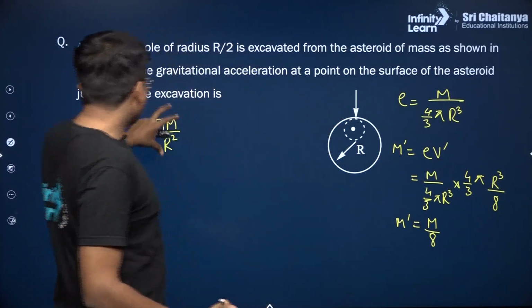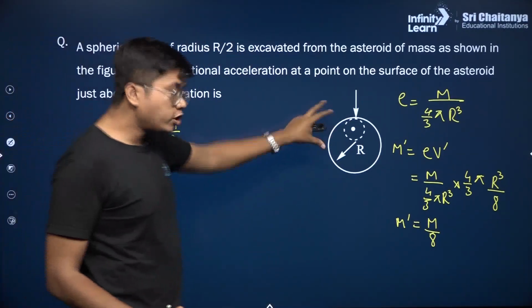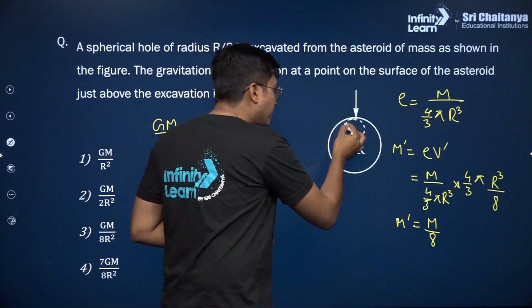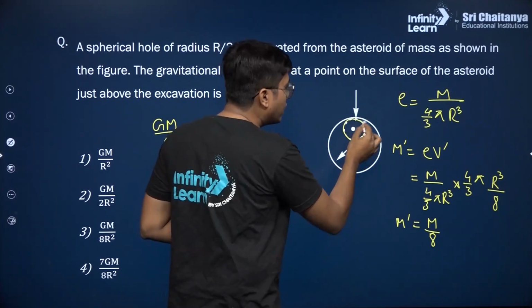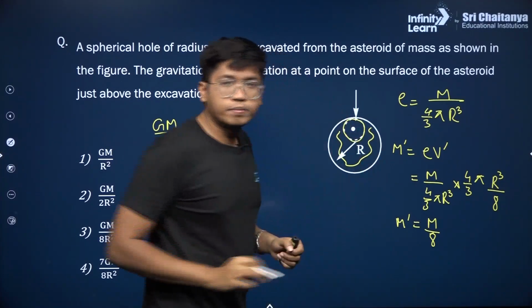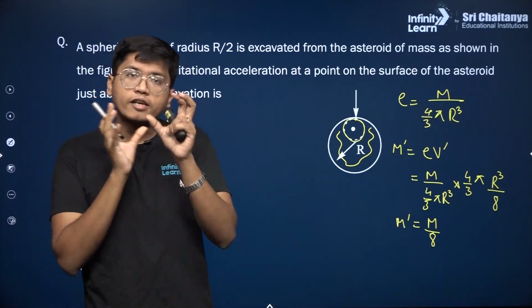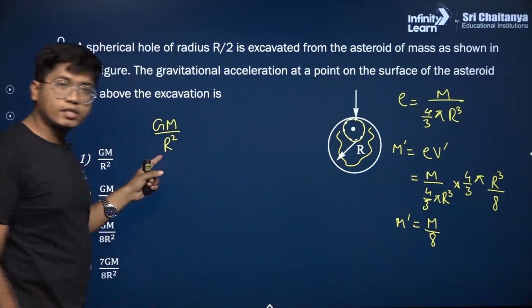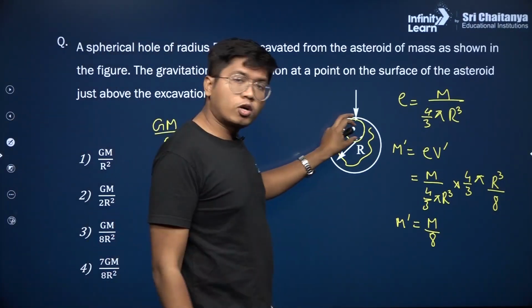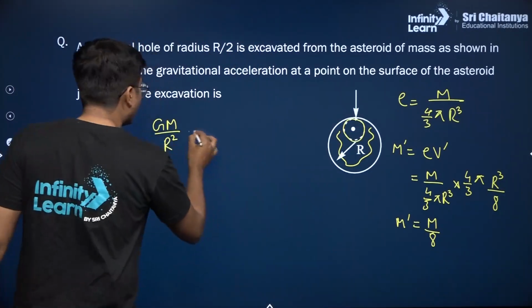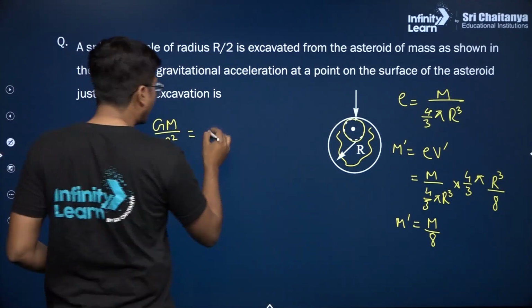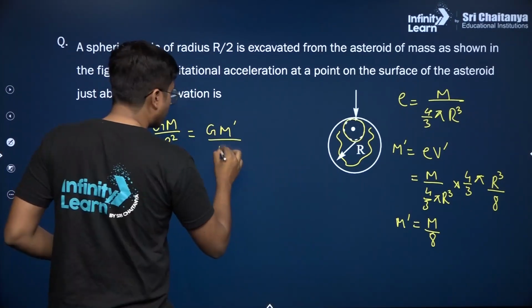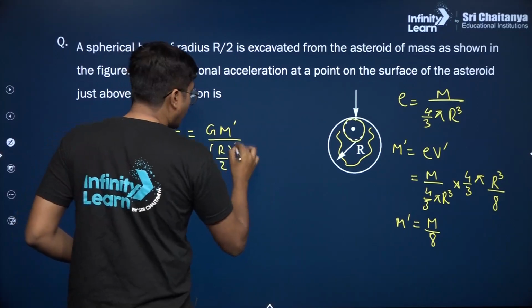Now let's understand, this entire field that was there originally, that we can think of as being the gravitational field because of this piece plus the gravitational field because of whatever is the remainder of the piece, right? They both together originally, even though they seem like one body, we can assume that they were separate bodies. The combined effect was this. So what would be the effect because of just this piece? That would be equal to G m dash divided by r by 2, because r by 2 whole square, because now r square has become r by 2